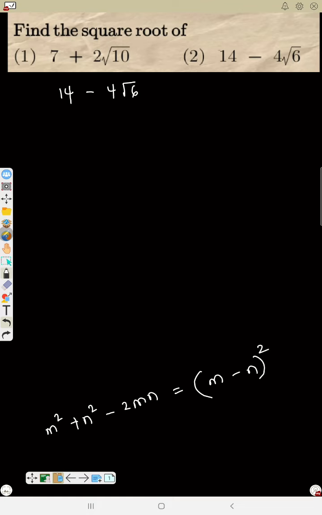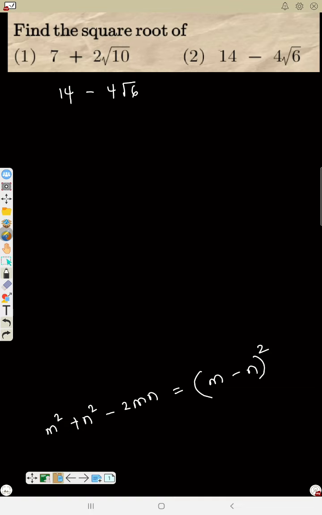So now we already know that 14 can be, we can split the two numbers. Remember we have root 4 root 6 can be, 7 times 2 is 14. So can have